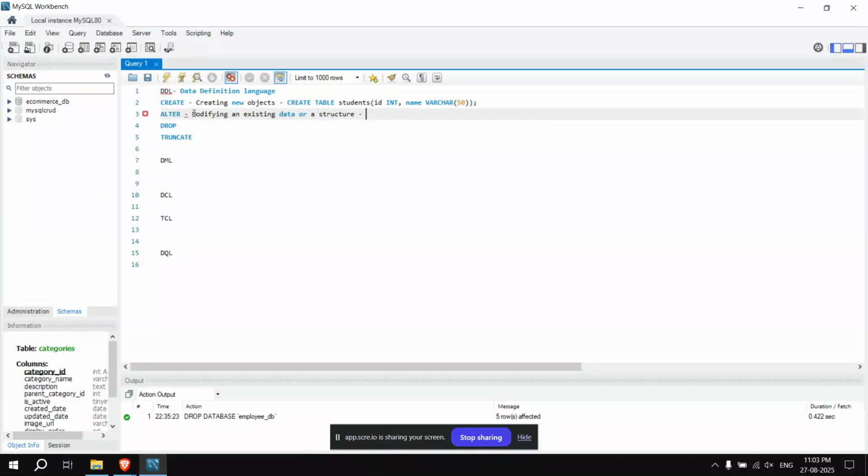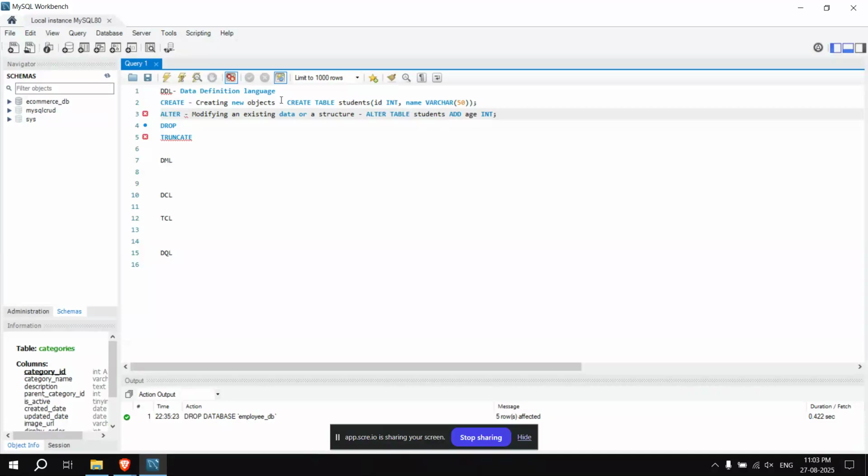The example will be: alter table students add age int. As I said, we use alter to modify the data. We can alter my name as well, and also we can alter the table, which means we can add some extra columns.